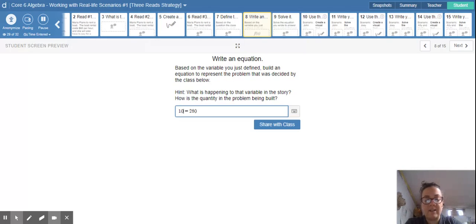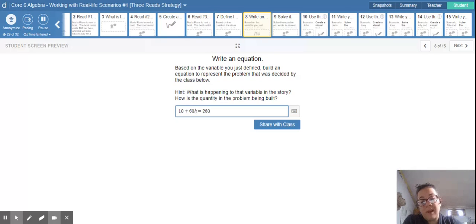So we can add our $10 fee to our $60 fee, but the $60 fee has to get multiplied by H because we don't know how many hours, so we don't know how many 60s are going to be involved here. But we can do 10 plus 60H equals 280. The $60 is a per hour fee, so it would make sense that I would multiply it by H, which is my number of hours. I have to add that to the 10, and that's going to equal out to my total cost,